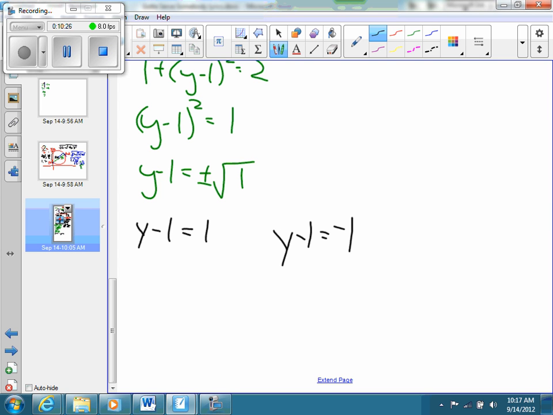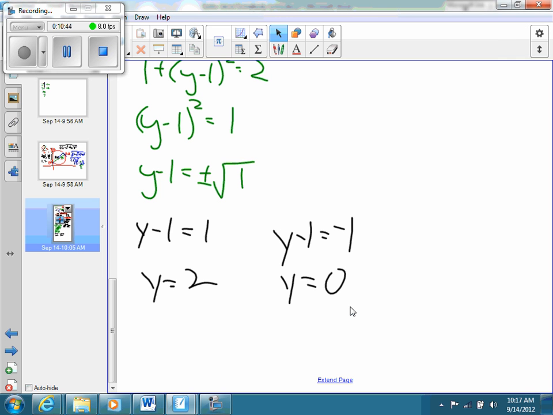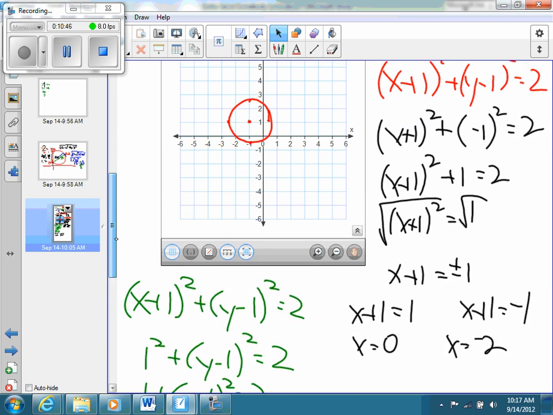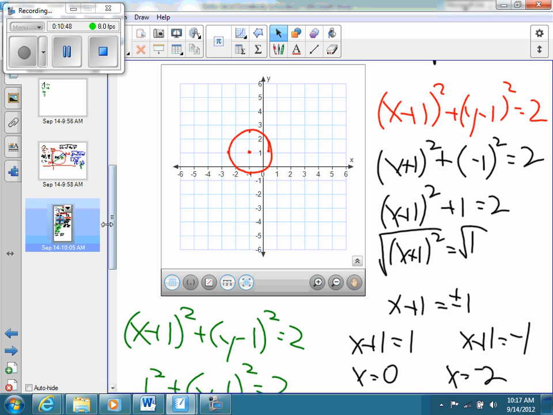Questions so far? If I add 1 to both sides, I'm going to get y is equal to 2. And if I add 1 to both sides of the other, I'm going to get y is equal to 0. And on our makeshift graph there, does it look like that? Yeah, pretty close. I came pretty close to 2 and 0 there. Okay, so